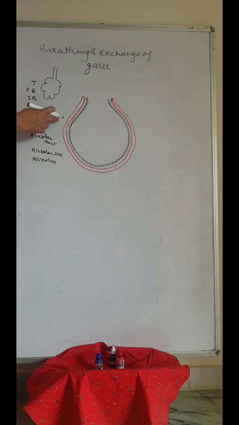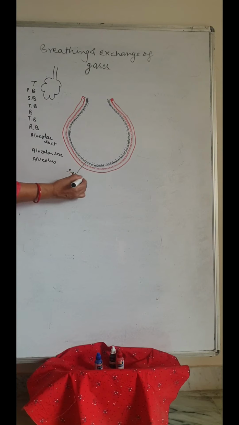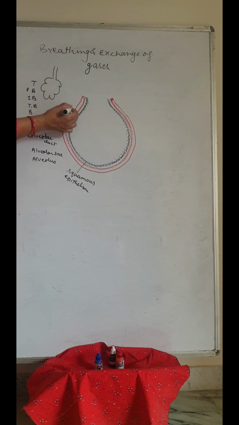It is lined by a single layer of squamous epithelium. So the alveolus is lined by simple squamous epithelium